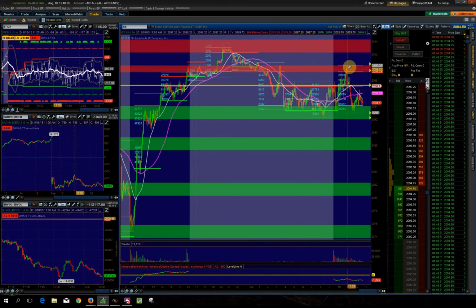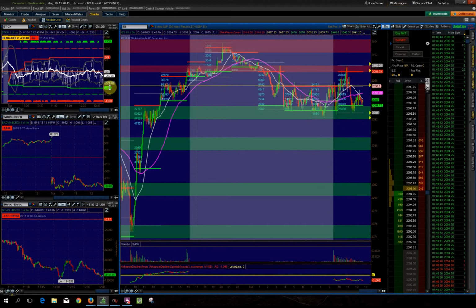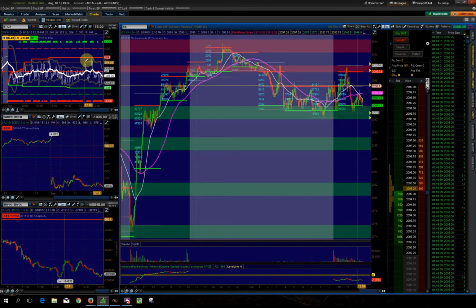And when it came up to this resistance area, it sold off right away. But one thing to notice is look at the tick. The majority of the time, the tick has been below zero, right? It had a couple of spikes here. Obviously, when it hit the resistance, it did skew up to the upside. We saw the internals in the advance decline skewing up to the upside, and then really started to come back down again into the support level, and then we had these quick ticks